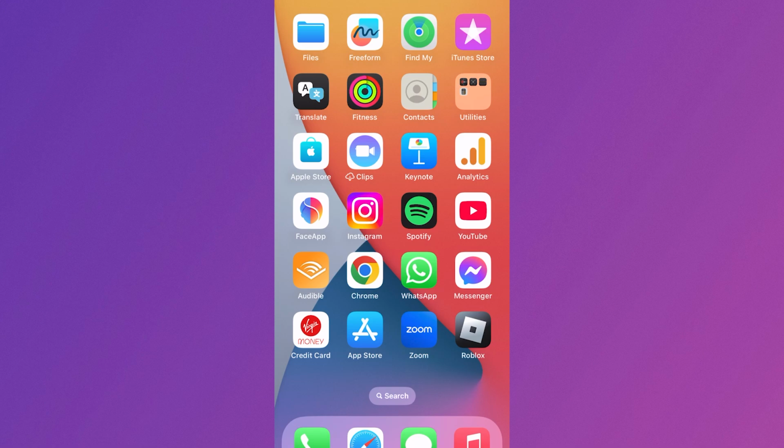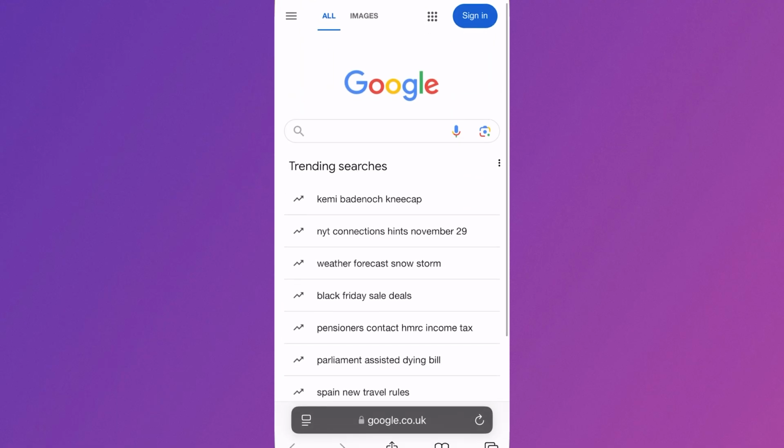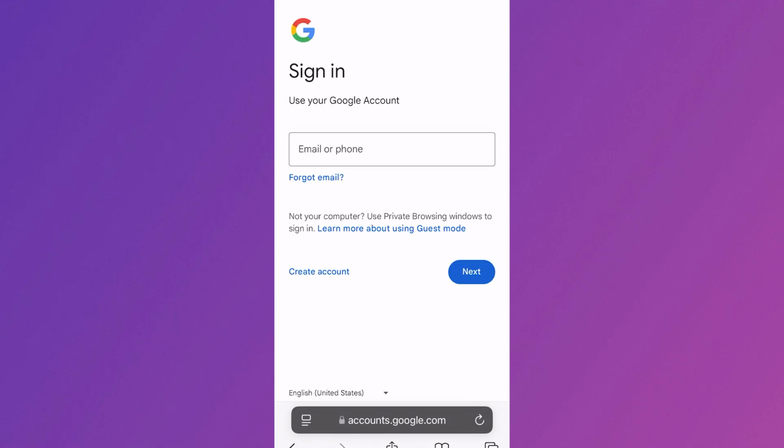In this video, I'm going to show you how to create a Gmail account on your iPhone. So the first thing you need to do is just head over to an internet browser. I'll be using Safari for this demonstration. Then you need to select sign in from the top right hand side, and then from the left select create